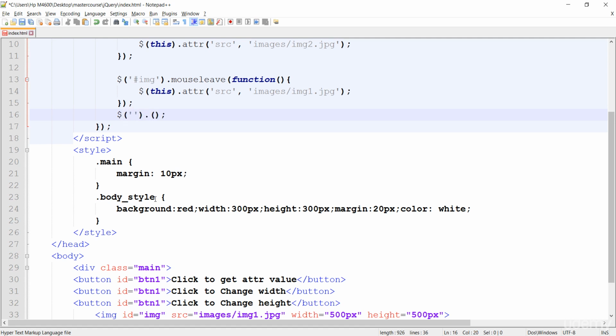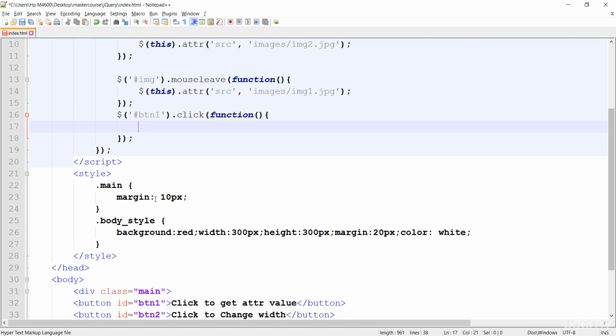Again I'm just selecting the img, and then there, when anyone clicks on the bdn, sorry, not the img. Now I just want to click on the bdn1 first, and one thing more, it should not be bdn1 for all, it should be bdn2, and it should be bdn3. So go back, and there, when anyone clicks on bdn1, the button 1, this function should run. And I'm just making the basic jQuery syntax first, and there